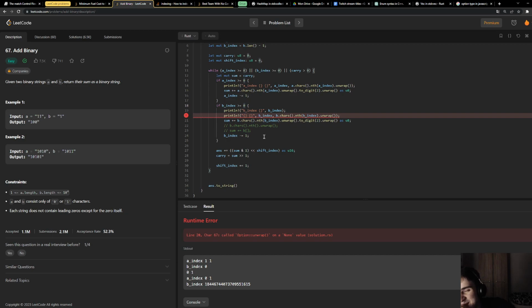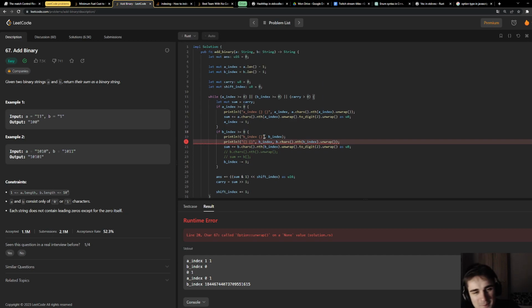It's because I'm using a U64. I don't want to use a signed integer, and I'm wondering how I can achieve this without any overheads.